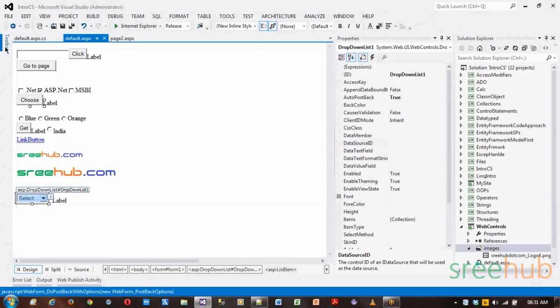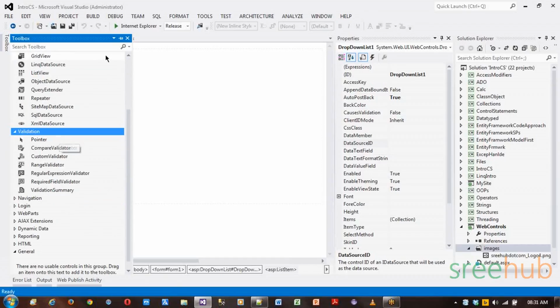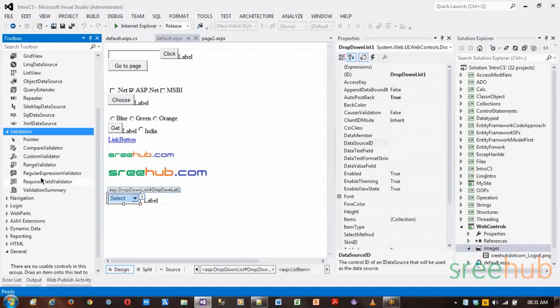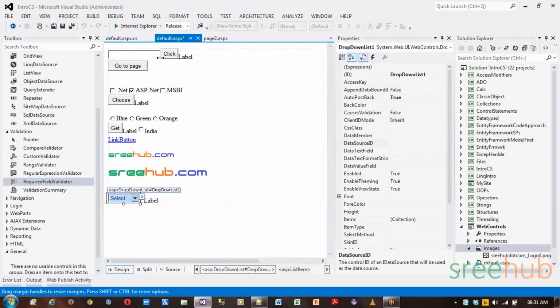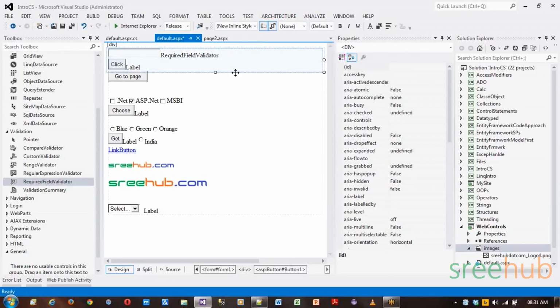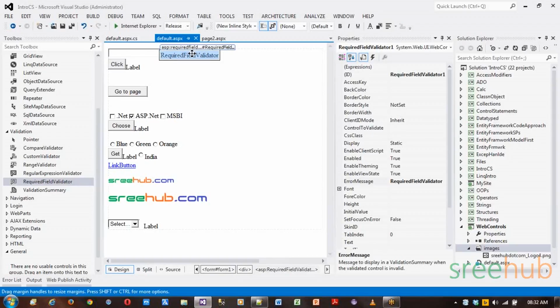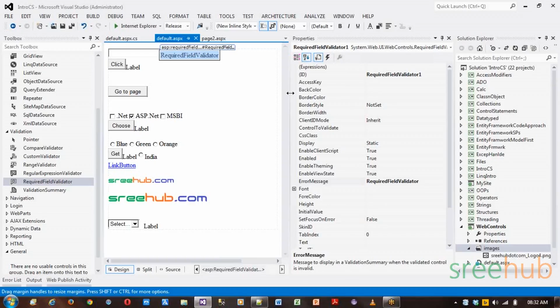So this is one thing you have, and let's check out some other control. Let's see the required field validator. What is this required field validator? So here you have validation. Anyway, this is an inbuilt control we have in .NET. But this required field validator is something which will give you an option to set whether your control